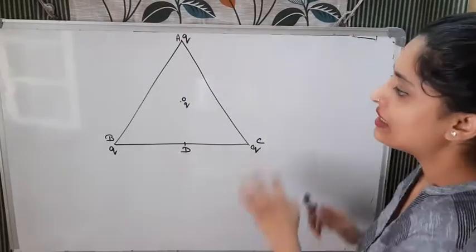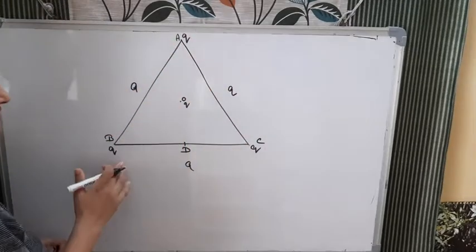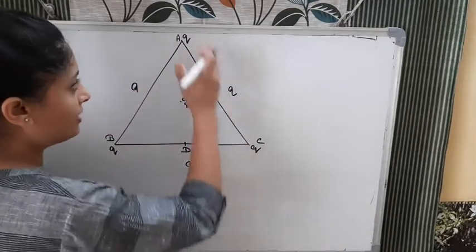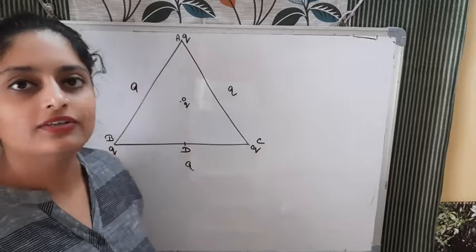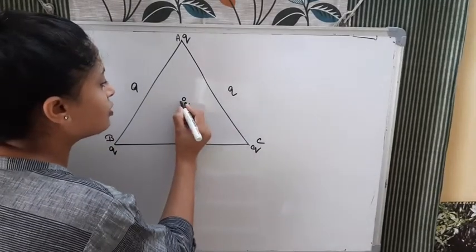So what is here? There is one triangle. For example, the side we are considering is A. Q charges, the same kind of charges, are put on its vertices. We need to find the force at the center. So firstly we need to find the force at this point O.